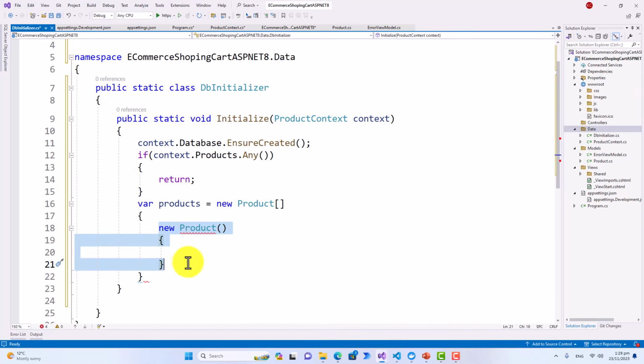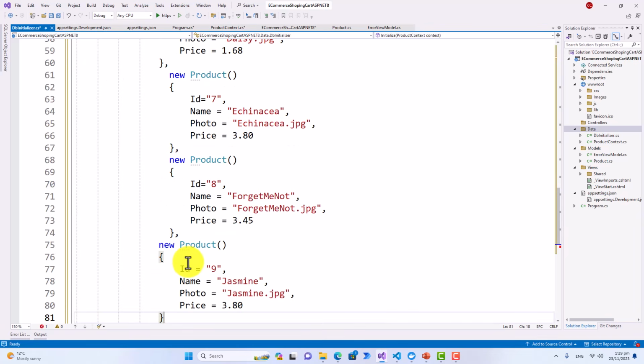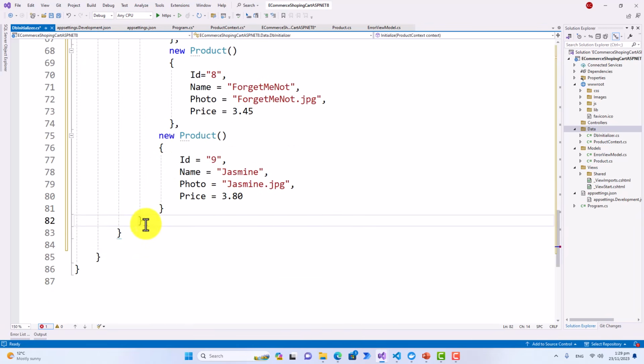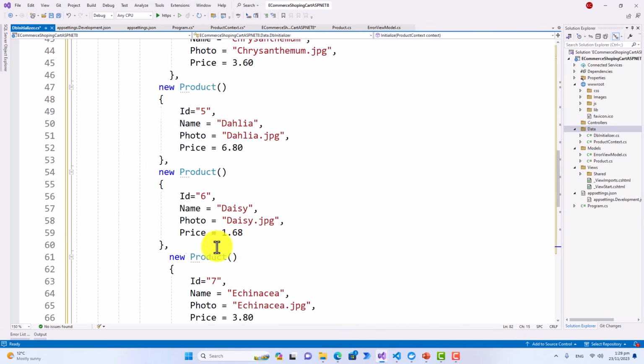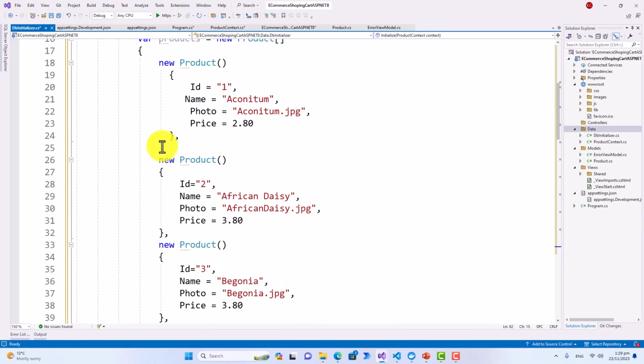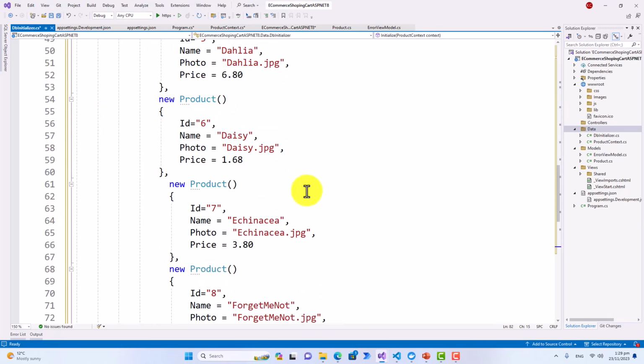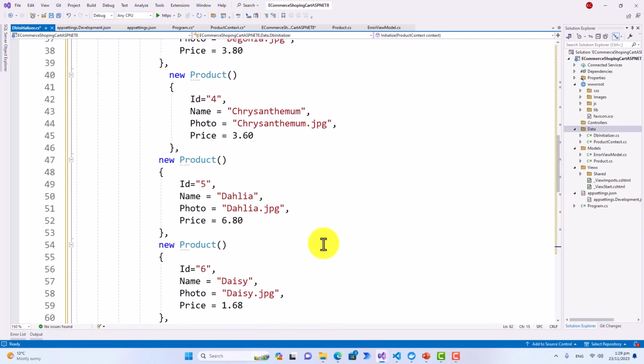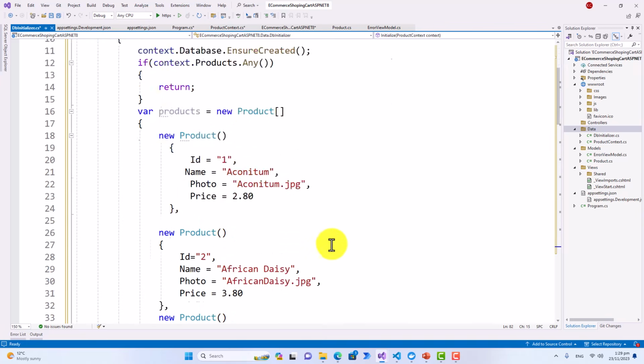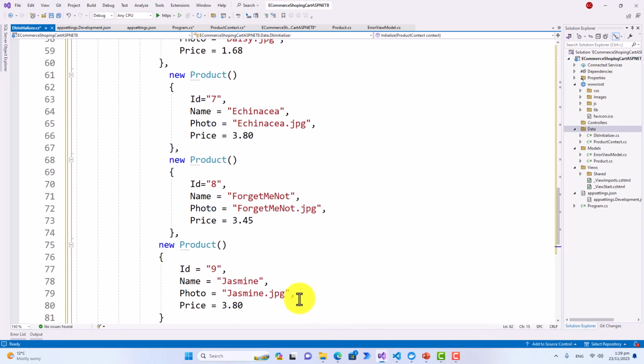And just overwrite here. All right, and then a semicolon here to end the method. So basically, if I've said 10, it is not 10. There are 9 products: 1, 2, 3, 4, 5, 6, 7, 8, 9. 9 IDs are there. All right, and then this is ending over here,